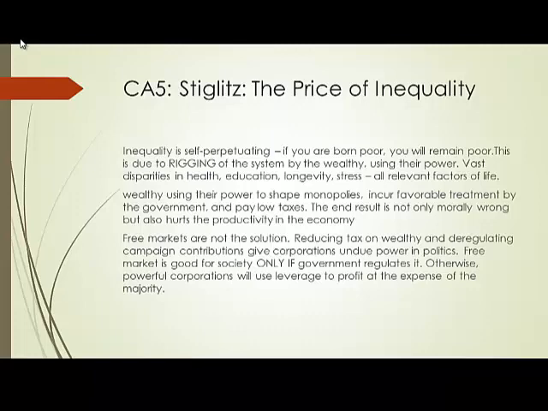So this means that there is no equal opportunity. And why does this happen? Because the system is rigged by the wealthy. The wealthy have power and they ensure that their power goes to their own class, and they ensure that the other classes cannot break into it, so it's not equal opportunity. So because of this, wealth doesn't just mean that they are better off, they have more wealth, but they also